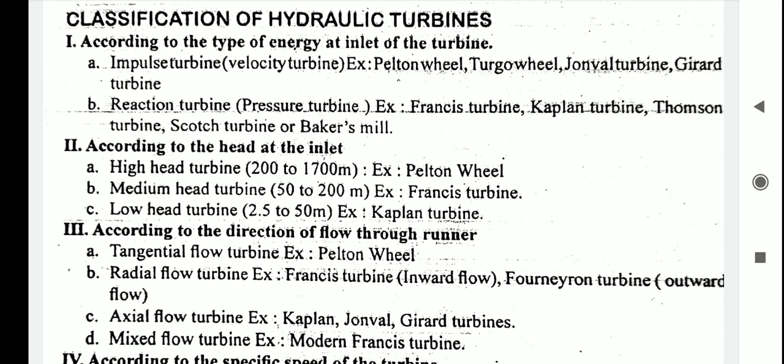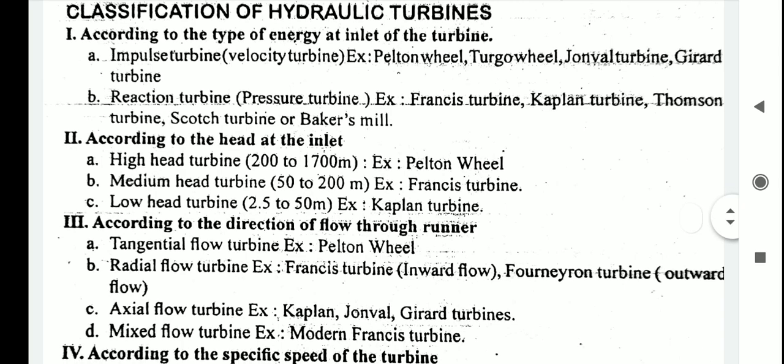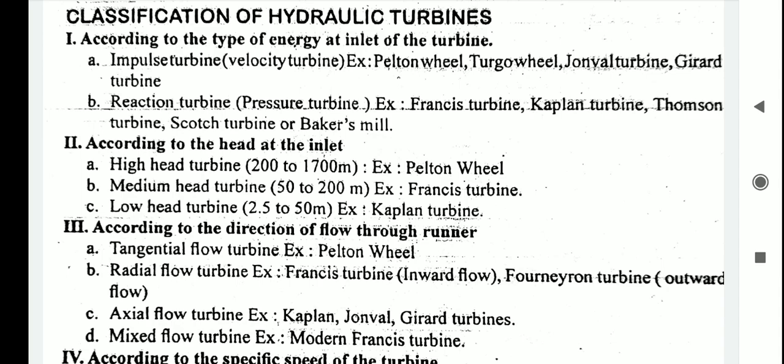In case of an impulse turbine, the pressure of the flowing fluid over the runner is constant. In practice, this pressure tends to be atmospheric pressure. All the available potential energy at inlet will be completely used in producing kinetic energy, which in turn is utilized through a purely impulse effect to produce work. As a whole, in an impulse turbine, the available energy at the inlet of the turbine is only the kinetic energy.